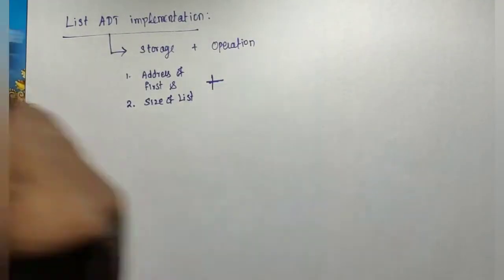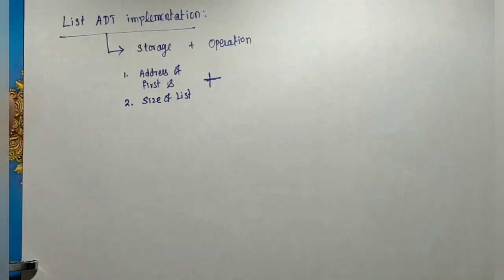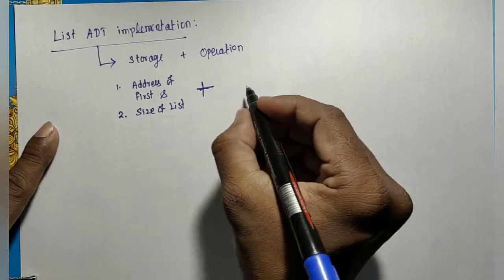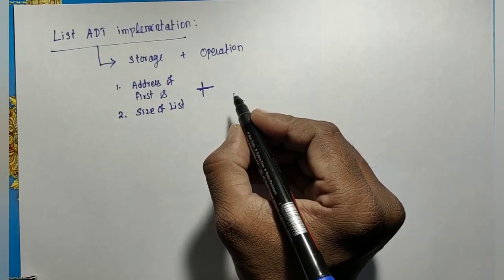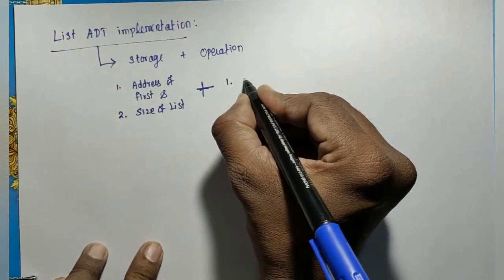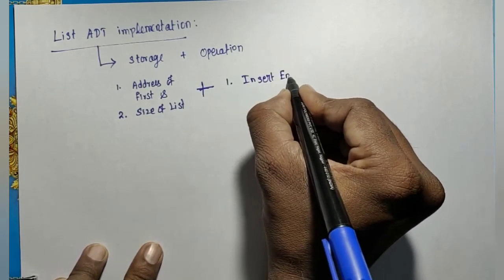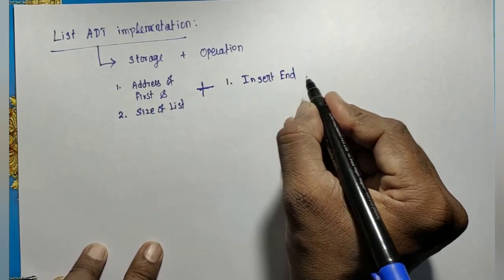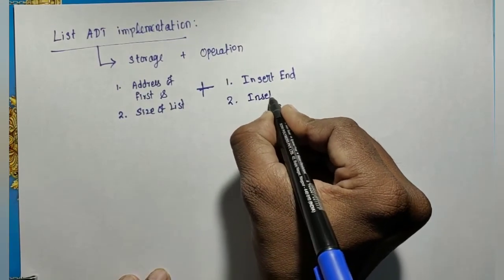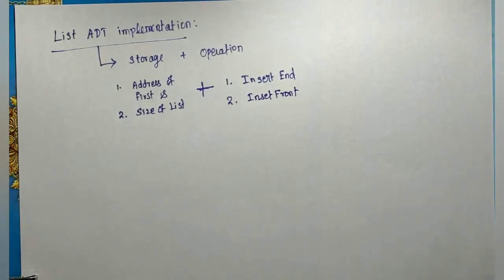Okay, so first consider adding a new element, inserting a new element. Here, only push and enqueue are available in the stack and queue for inserting an element, but here it is up to us to define the insertion operation. So any kind of insertion you can define. You can go with inserting an element at the end of the list. Insert end means this operation may be used for inserting an element at the end of the list. Similarly, I can define another operation, insert front. This operation may be used for inserting an element at the front of the list.